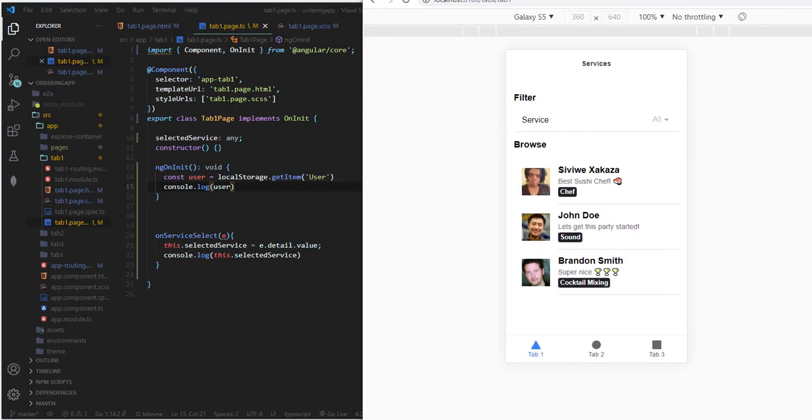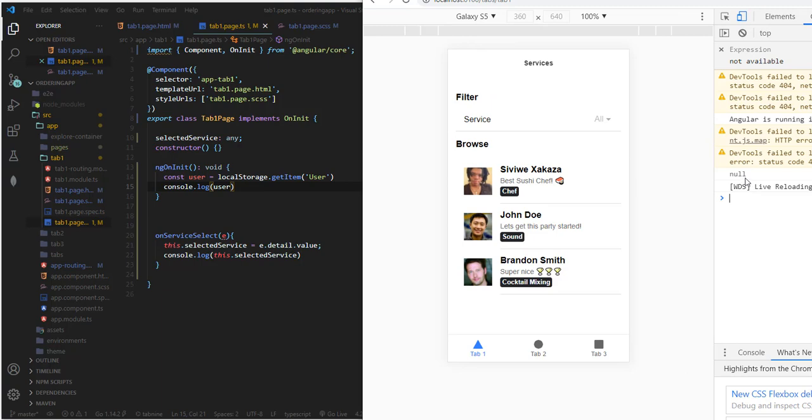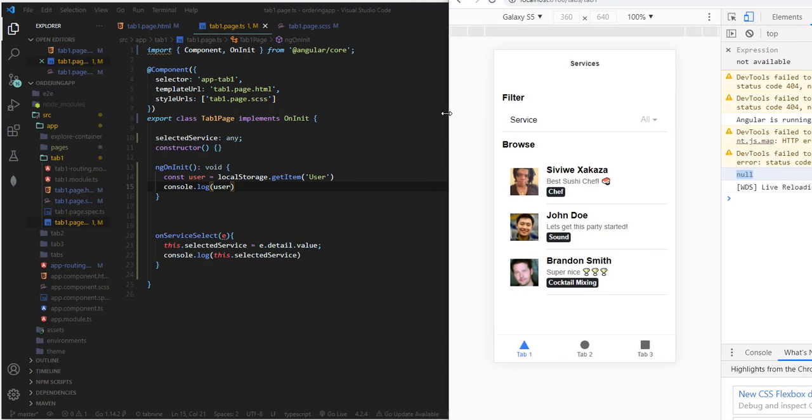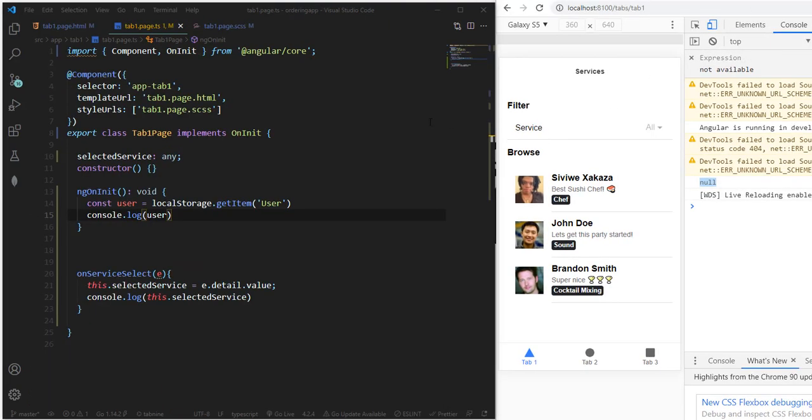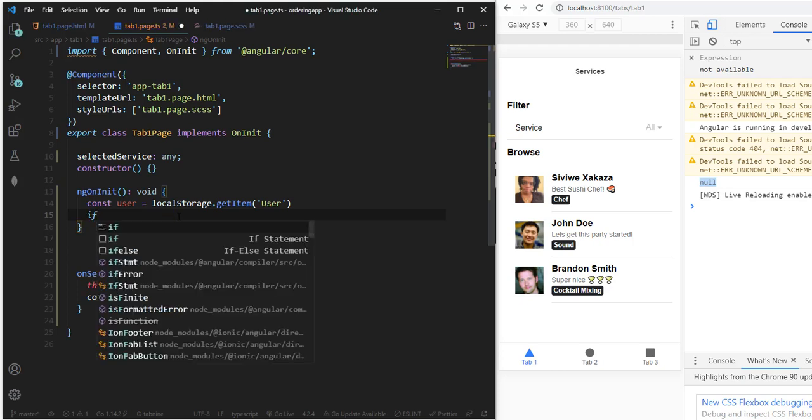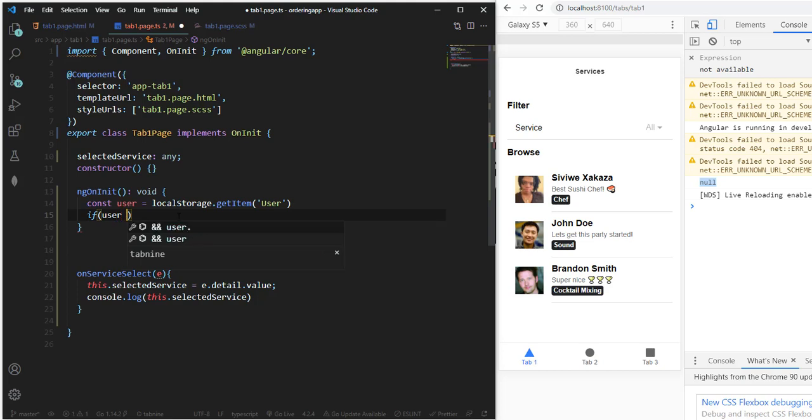As you can see, we get a null here, so we don't have a user. So whenever we get a null, we need to redirect. Hold on a sec, I'm gonna try to resize everything properly here. Alright, so I hope this will work. So yeah, we're getting a null here, meaning we don't have any user. So we need to say if user is equals to null,